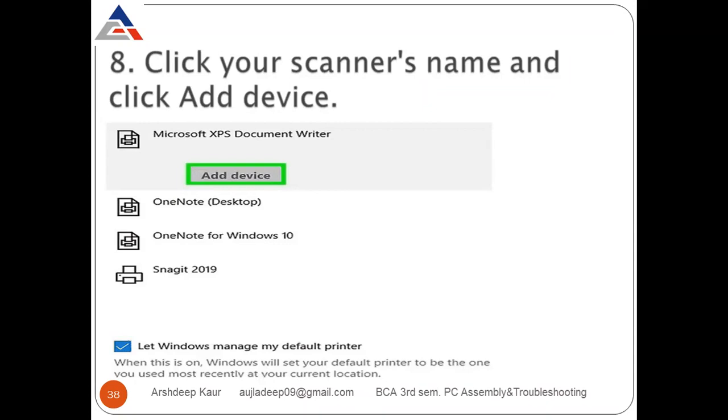Then find the name of the scanner you want to add with your computer system. Once you have found the name, click on this scanner and then click on add device. By following all these steps, you are able to connect your computer with the scanner.